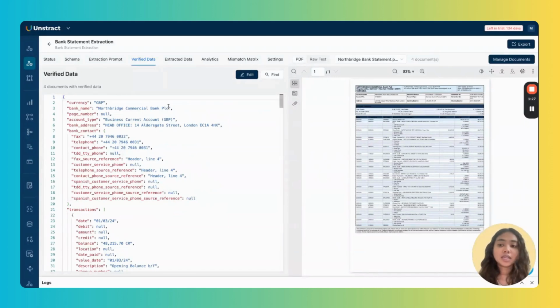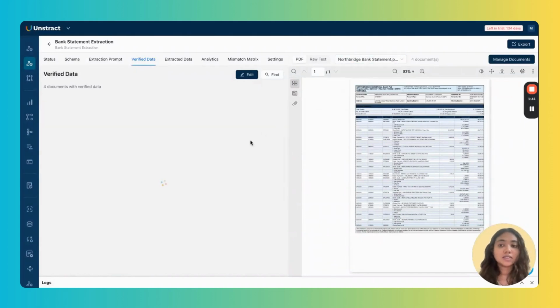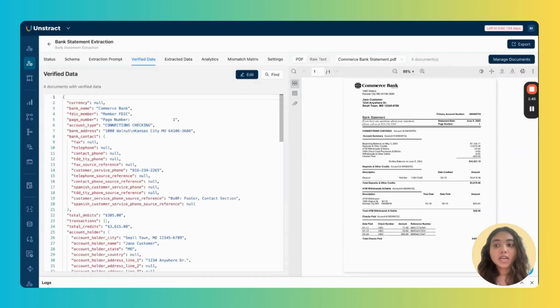So this lets me create a data set with values that have been manually verified, and these values are going to create the golden standard of data. Because what happens mostly with businesses is that you change your prompts, and sometimes it might affect certain output sections which you did not intend to. So, to closely control accuracy, what you can do is create a verified data set for each of the uploaded sample documents, and every subsequent extraction run